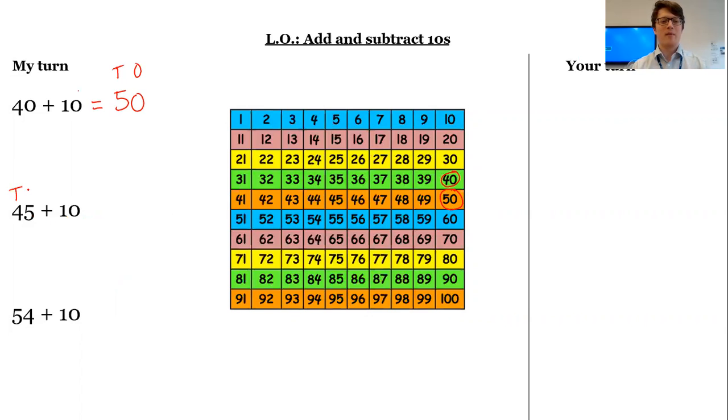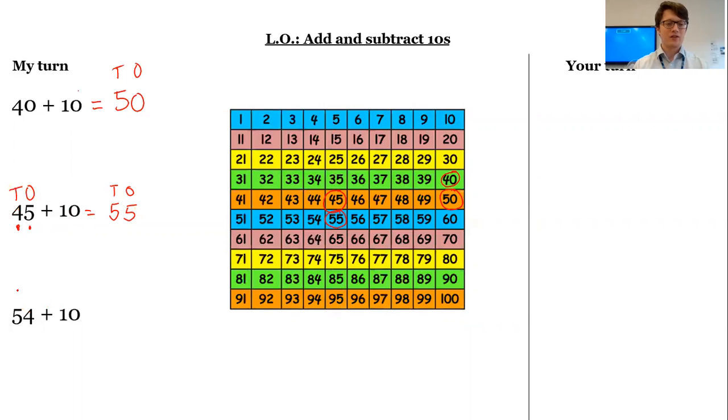Again, if we think then about the number 45, if we want to add 10, well, 5 is in the ones column, so that's going to stay the same. If I put tens and ones over here, I know my 5 is going to stay the same. I've got 4 tens at the moment. If I add one more 10, then I'm going to have 4 add 1 is 5 tens. And again, if we see here, in the 100 square, 45, add 10, 55. Ones all stay the same, all 5 in the ones,